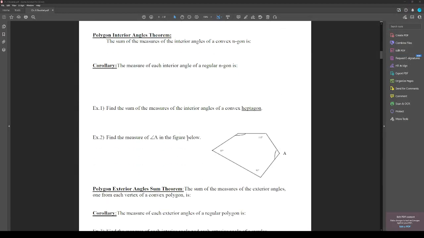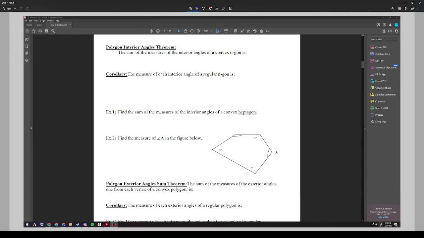Okay, so our polygon interior angle theorem says the sum of the measures of the interior angles of a convex n-gon is... So we know that there's going to be an n minus 2 in there because that was our number of triangles. And then it was that times 180. So 180 times n minus 2 is our total interior angles, and it is important that this is a convex n-gon. Remember that with